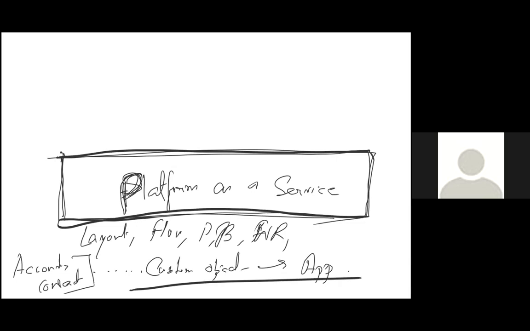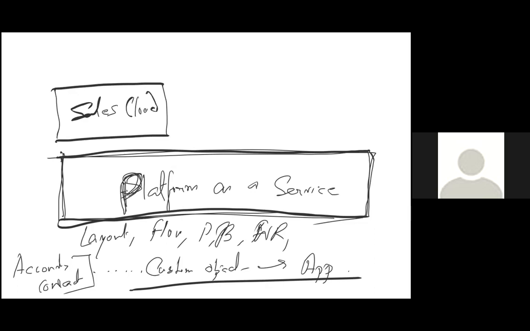A better license, which we already studied so far, is called Sales Cloud. Sales Cloud is on top of platform. When you purchase Sales Cloud, you are also purchasing platform. You cannot purchase Sales Cloud alone. Platform is by default the basic license, and Sales Cloud is a higher license. Sales Cloud automatically gives you the Lead object, Opportunity object, and all the features of Sales Cloud, Sales Console, everything,